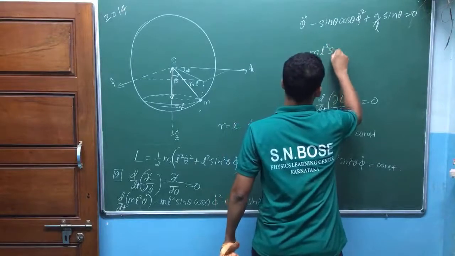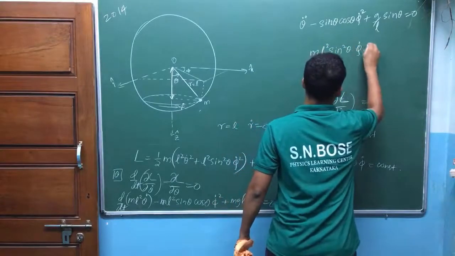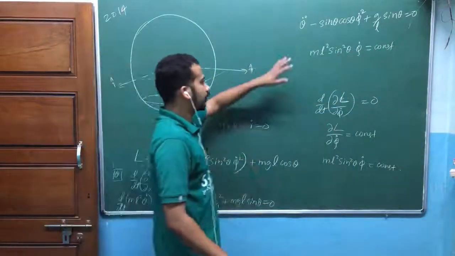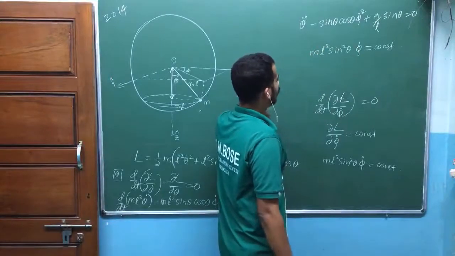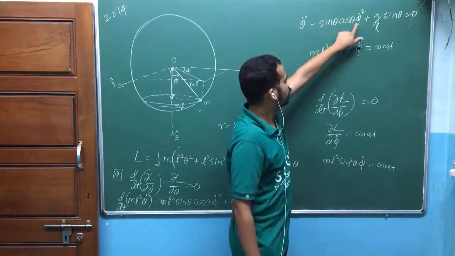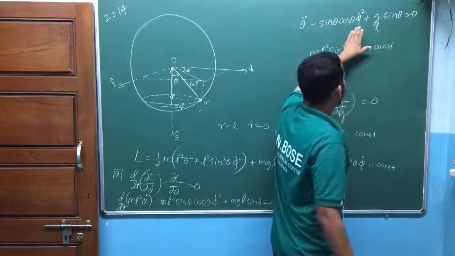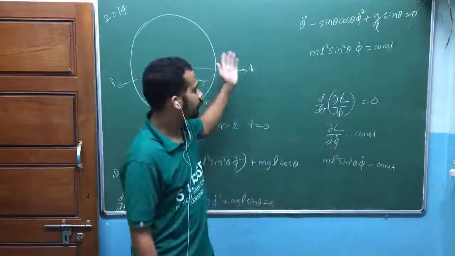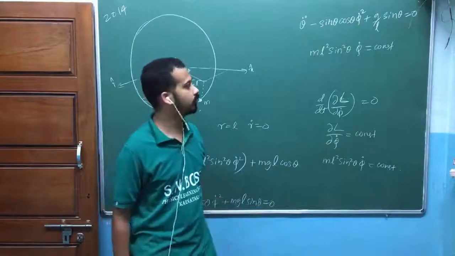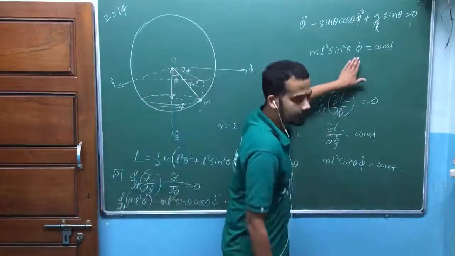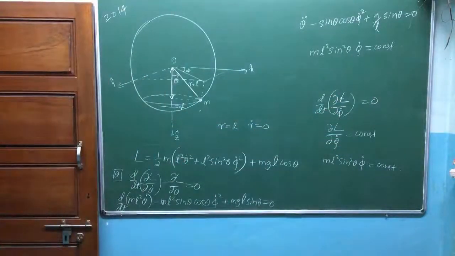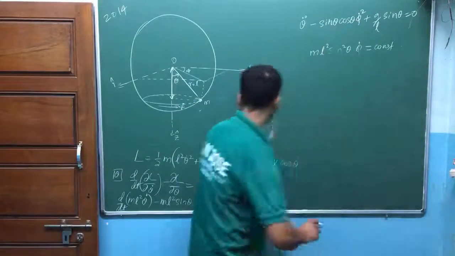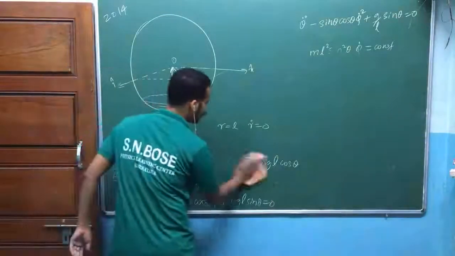m L square sin square theta phi dot is equal to constant. Remember, to solve any small oscillation problem, for a single coordinate, you may need to avoid this phi dot. Here both theta and phi variables play a role. You can't form one equation like theta double dot plus omega square theta equal to 0. Somehow you should make use of this equation. Let us do that problem. It is quite a different small oscillation, because two generalized coordinates are involved here. Let me start with part A of the question.